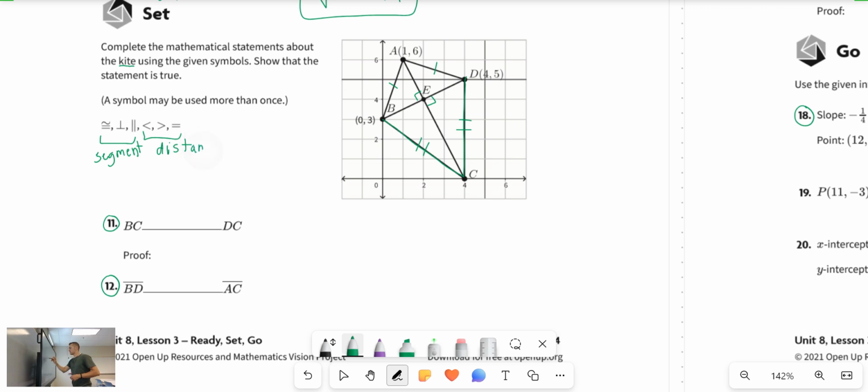And we'll finish writing out distance, that's fine. Okay, so this is a distance. So we're looking at, let's erase the stuff we've put on here. So we're looking at the distance. What is the distance from B to C? Well, we have the point 0, 3. I will write in that this point, right, we're looking at this compared to this. And this is the point 4, 0. So the distance from B to C,